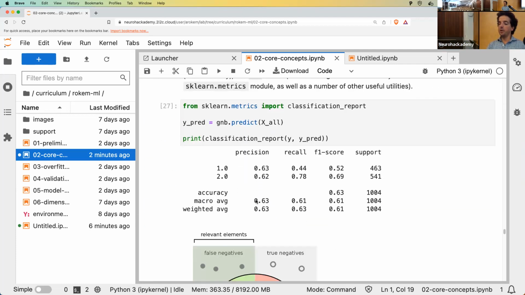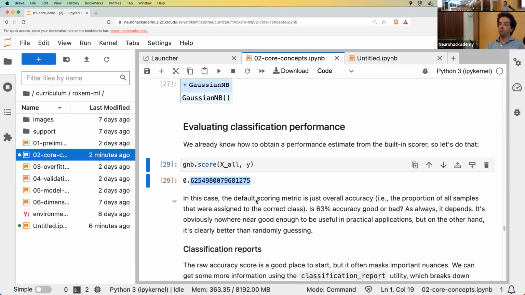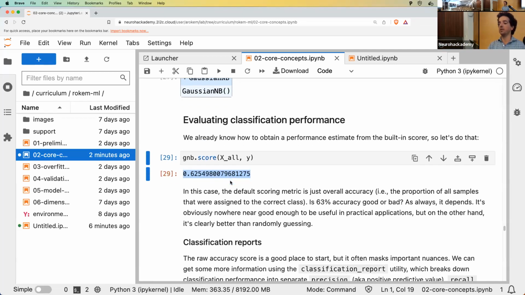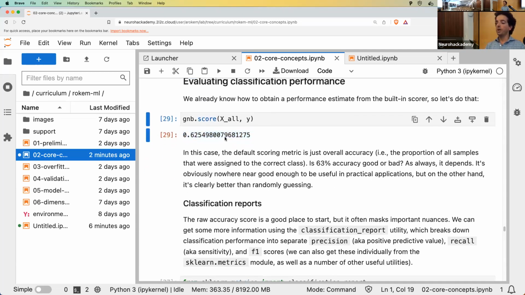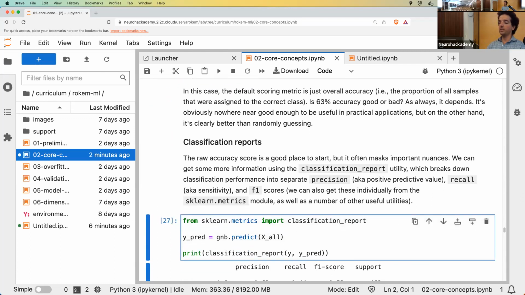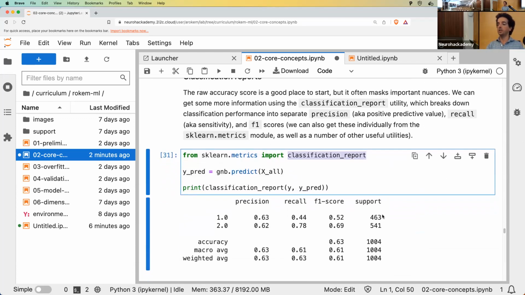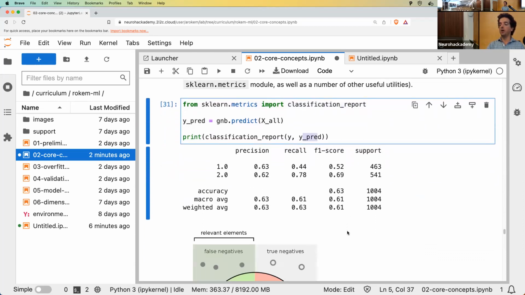So that's why we get 63, and then you might ask, okay, is 63 a good number overall? And it depends a little bit on what you're trying to do here. If you're trying to very accurately classify individuals with autism, this might not be such a great score. It also doesn't tell you everything that you want to know about the classification performance. But you can, in fact, get more out of classification. There's something called a classification report. It's a function that takes your true Ys and your predicted Ys and gives you